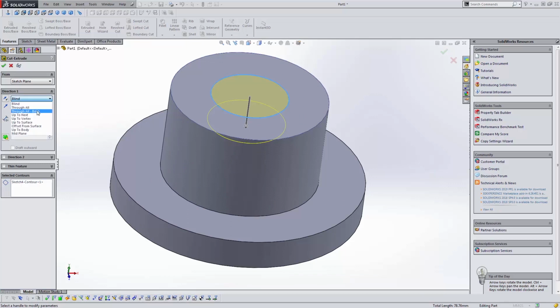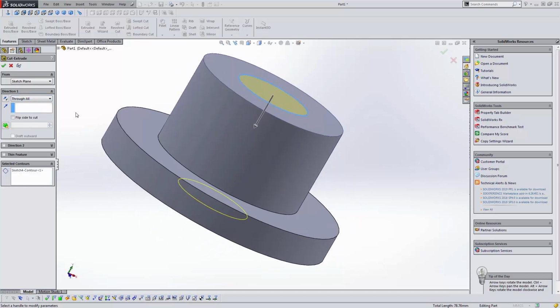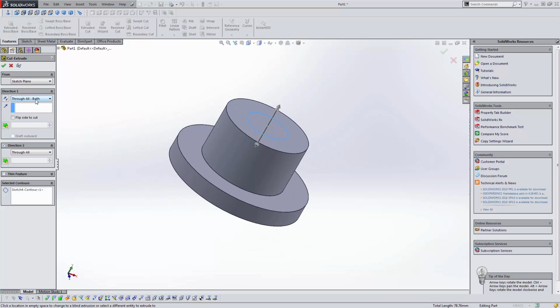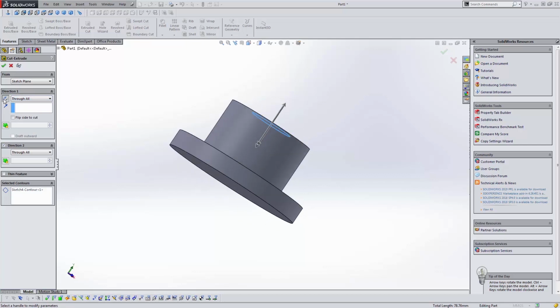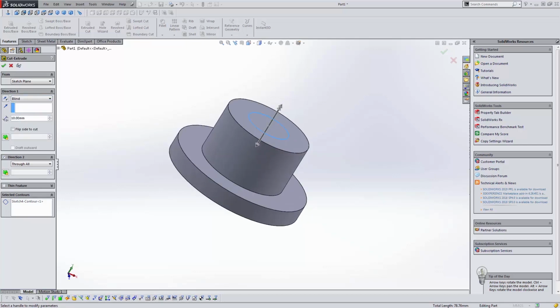You have different options here for blind, through all, both, up to next, up to vertex. You know, whatever option you need. So through all would just cut it all the way through, and play around with some of these because it'll help you understand what they do. You can kind of see the demonstration here when you highlight it. So I hit through all,